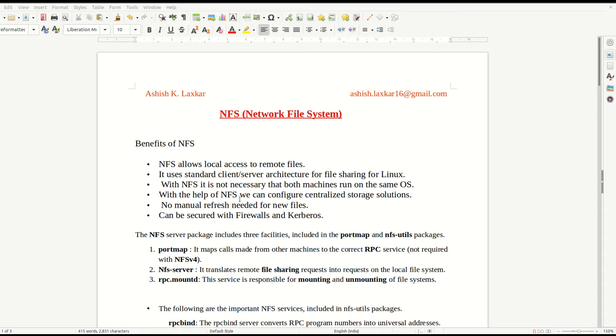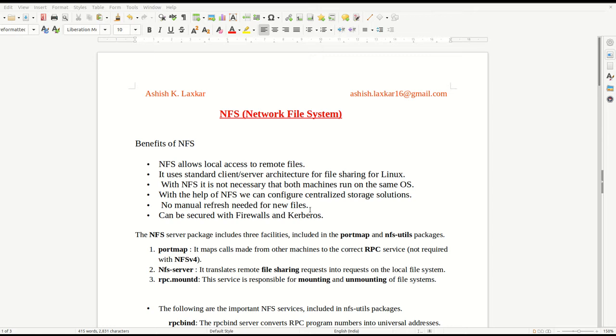With the help of NFS we can configure a centralized storage solution. No manual refresh is needed for new files. Suppose you create a new file in NFS: there is no need to refresh that directory.